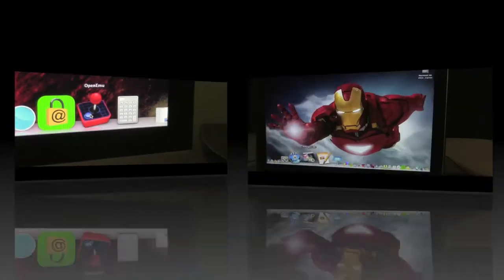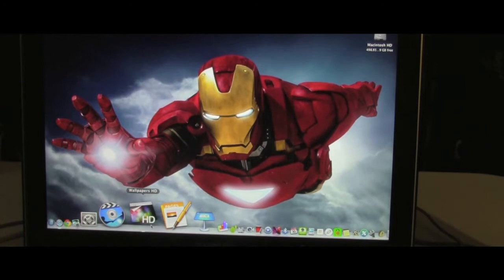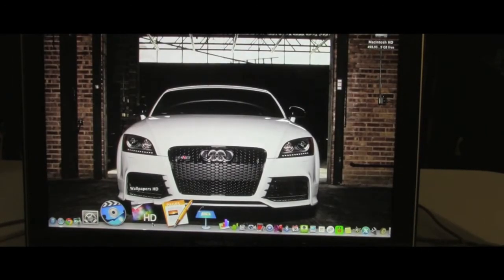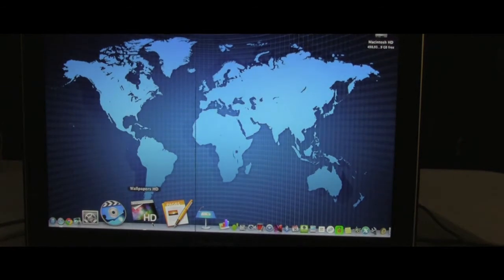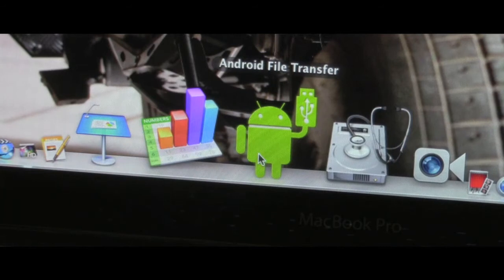So stay tuned. Alright guys, so now we're on my MacBook Pro. A lot of the same apps that I have on my iMac are on my MacBook Pro, so I'm not going to cover those if we've already gone over them. You've got the Android File Transfer, or ATF app. And basically,